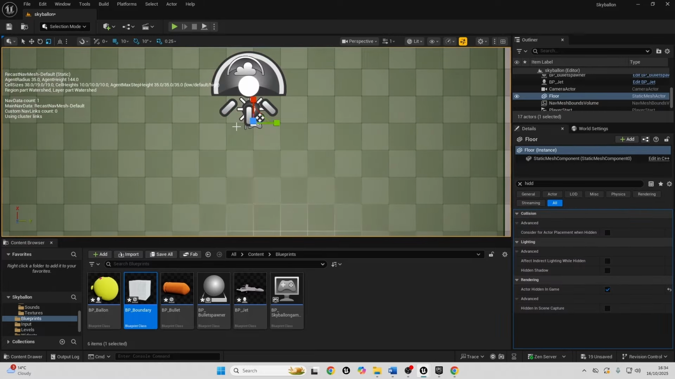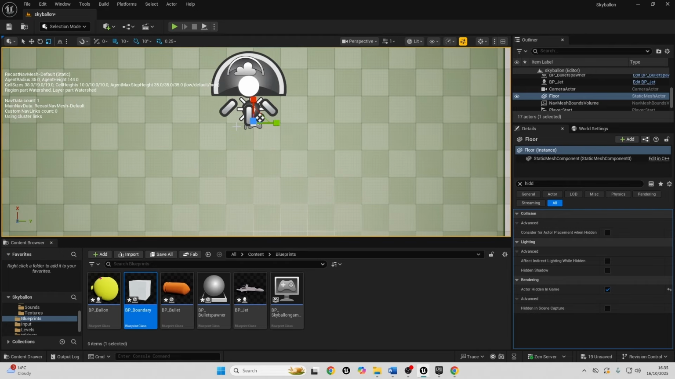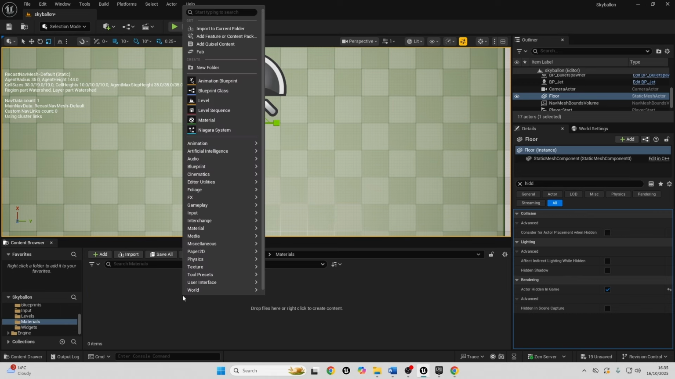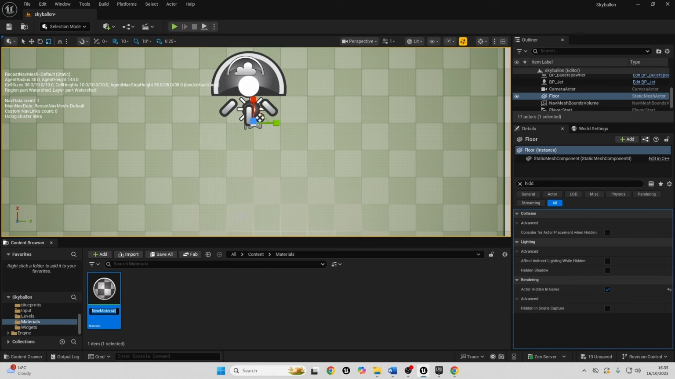Although in the sky, there are clouds. So we're going to create a cool material effect which makes it look like there are some clouds in our sky. To do this, just go over to your content folder, right click and create a new folder, call it materials, head inside here, right click and go over to material, call this the m_cloud. Open this up,